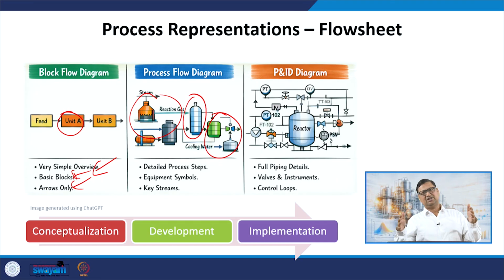If it is a small facility, then maybe you can do the process flow diagram of the entire plant, or you can focus on a particular unit of that plant and see what exactly the equipments are there. That is now zooming in, looking at the processes in more detail, right? But then there is another level of detail that makes up what is known as a P&ID diagram, which also